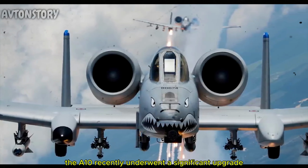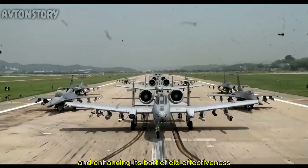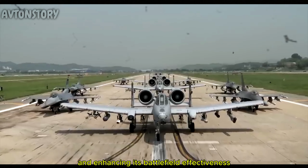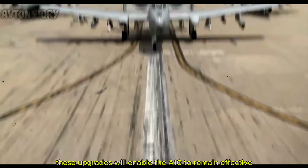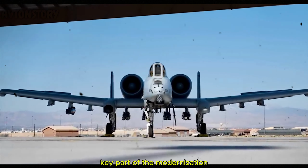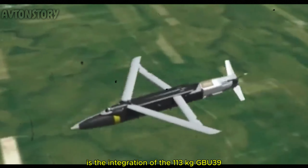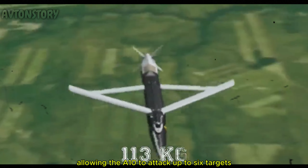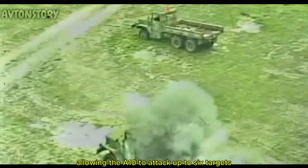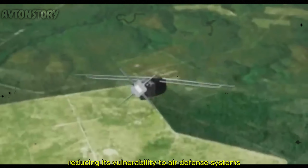However, the A-10 recently underwent a significant upgrade aimed at extending its service life and enhancing its battlefield effectiveness. These upgrades will enable the A-10 to remain effective until the 2030s. A key part of the modernization is the integration of the 113 kilogram GBU-39 small diameter bomb, allowing the A-10 to attack up to 6 targets simultaneously from a range of up to 64 kilometers, reducing its vulnerability to air